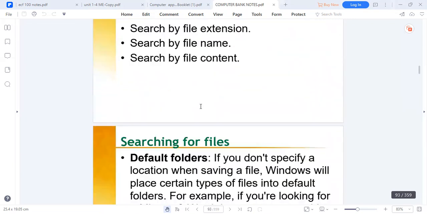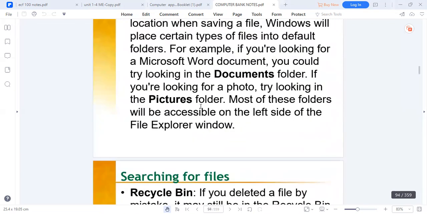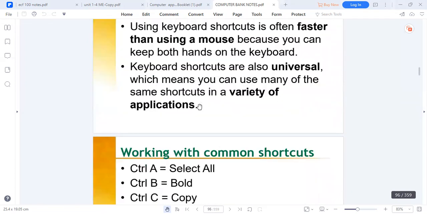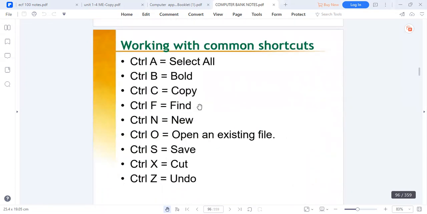Unless there are any questions, you can make a shortcut of a folder by taking it to the desktop if you want to allow quick access to it. When you're working with common shortcuts, for instance, if you want to select everything on the desktop, you press Ctrl A, Ctrl B to make text bold, Ctrl C to copy, Ctrl F to find, Ctrl N to start a new document, Ctrl O to open an existing file,